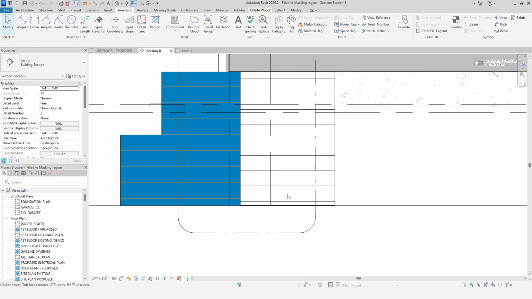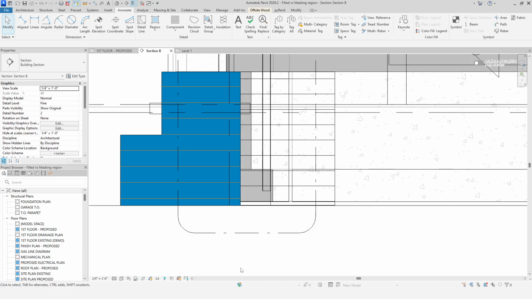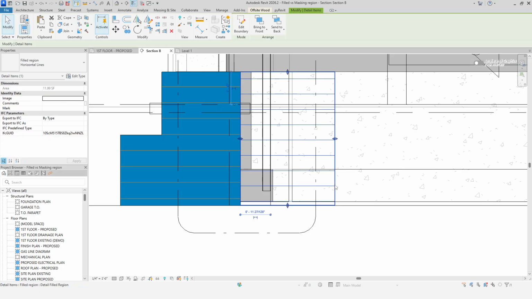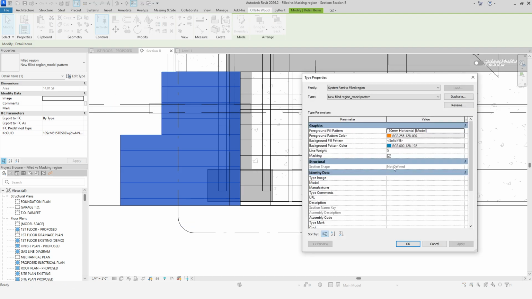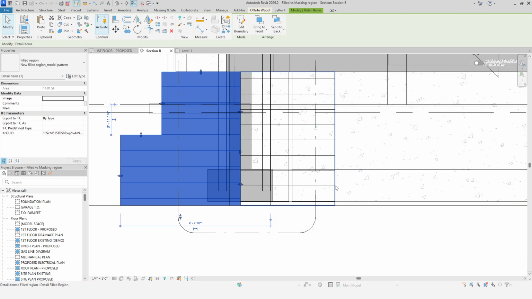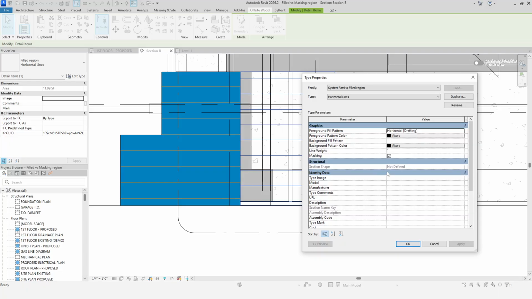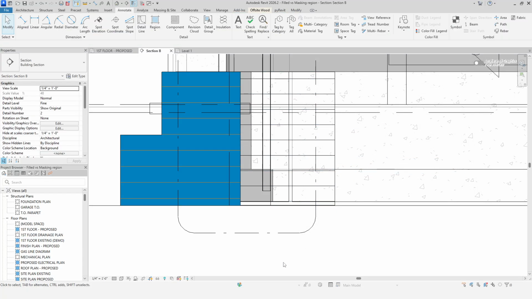At the moment we are in hidden line, let us check what happens if we enable wireframe. When we enable wireframe, we can see that in the new pattern we added, we can see everything that is behind, while in the existing pattern, new filled region model pattern, we cannot see it. So in both cases, masking is the same, meaning it is not about masking. The reason is that this region has a background pattern color,